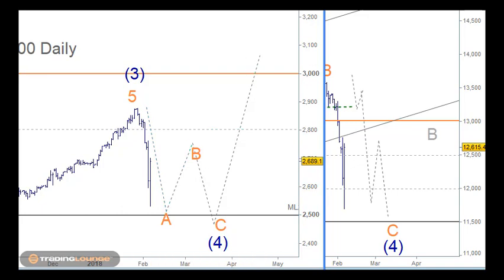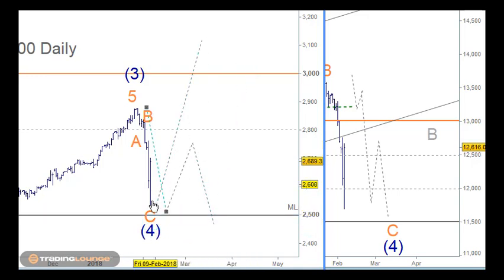It could be quite possible too, and we couldn't rule it out, because down here we're also looking at 3 waves down so far. So it may be possible that we've just got a spike here, and we've got an A wave up here, a B wave here, and a C wave here with the wave 4 here, and then we basically go straight up from here. So that's possible as well.